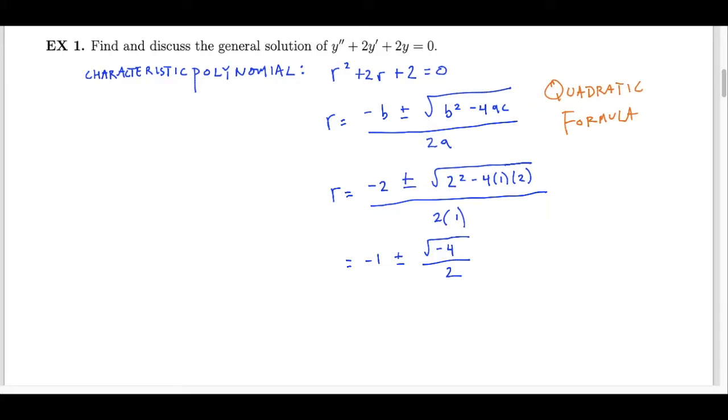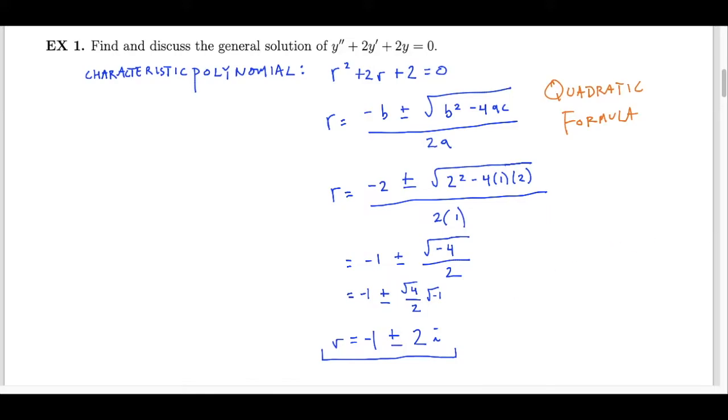And as you might have guessed, our roots are complex. That is, we've encountered the square root of a negative number in our roots. As you're familiar with, we're accustomed to representing that square root of a negative. In fact, we'll break this down and isolate the square root of negative 1, and we refer to the square root of negative 1 by the symbol i. So I would say the roots of our characteristic polynomial are r equals negative 1 plus or minus 2i,